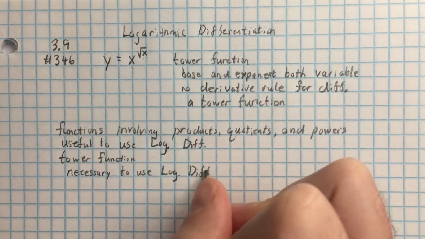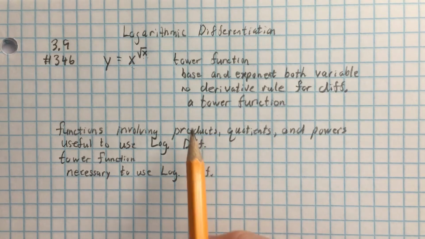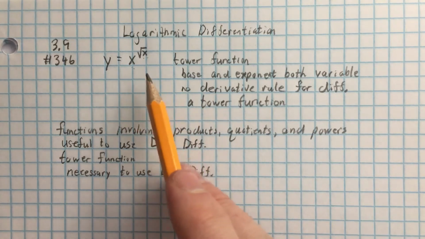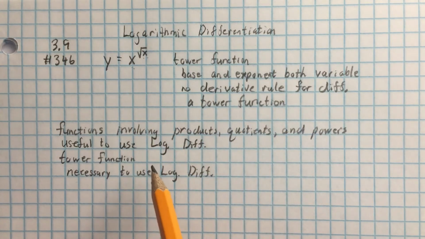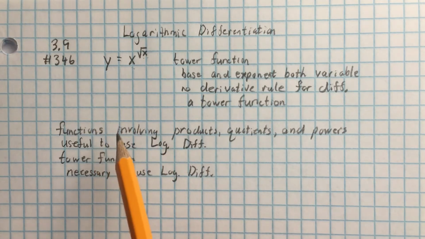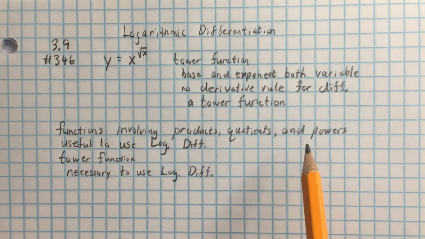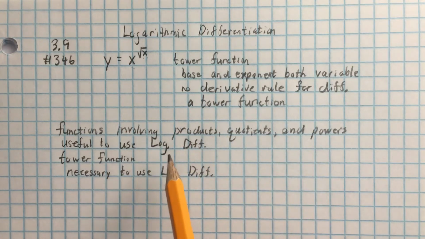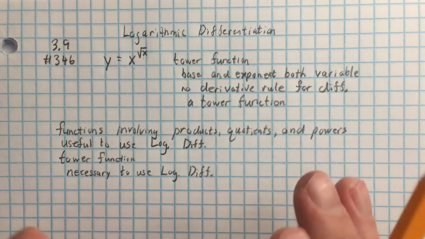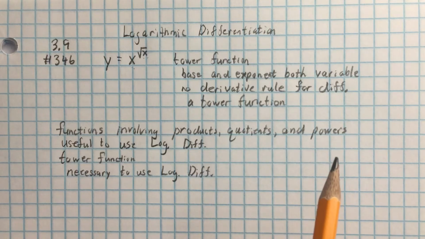logarithmic differentiation. So the problem set has two different types. It has a bunch of tower functions, which there's no other choice but to use this technique I'll show in one moment. And then there are other functions which are not necessarily tower, but they have products, quotients, and powers. And it's useful to use logarithmic differentiation on these problems because the logarithm has properties involving products, quotients, and powers. Allow you to simplify the whole thing first before you take any derivatives. Anyway, proceeding with this one,